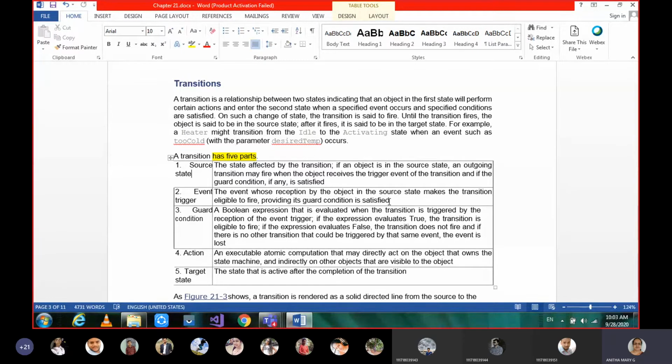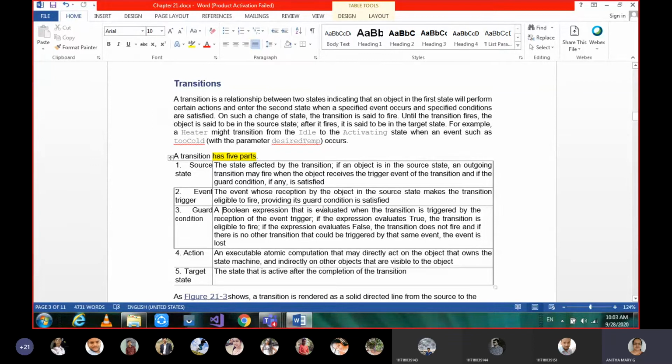The same thing here we call the guard condition in UML. Instead of just saying condition, we say guard condition. Sometimes that flow is taken only based on the guard condition. If it is satisfied, that flow or event will be fired, or else it won't be fired. So that is what we say about event trigger and guard condition.